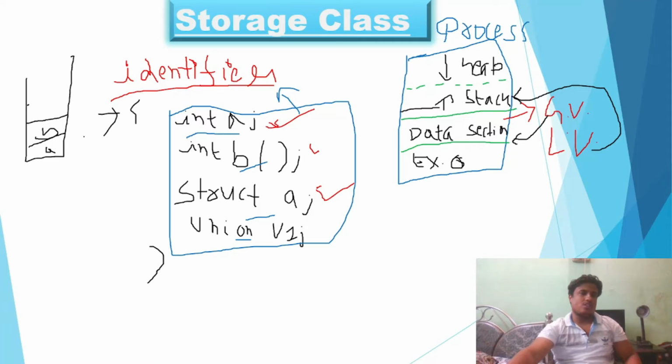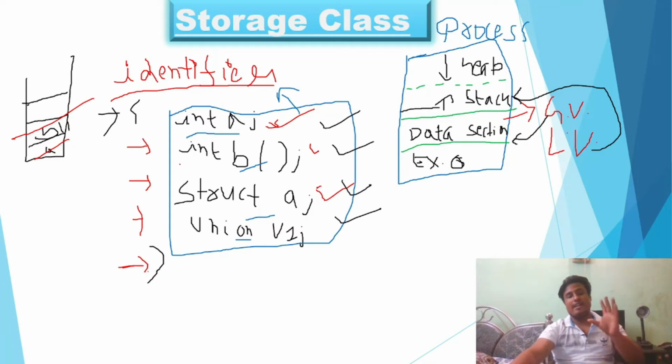Whenever the control goes into this block, the stack will start to fill while control goes down the block. So a and b, something like that in a function, everything will be created in the stack itself. After you execute all the lines here, whenever you encounter the closing curly brace, which indicates the end of the block, it will just pop out all the variables. In this way, the local variable's scope is only within the block, because every block has its own stack. So local variables are stored in the stack and global variables are stored in the data section.